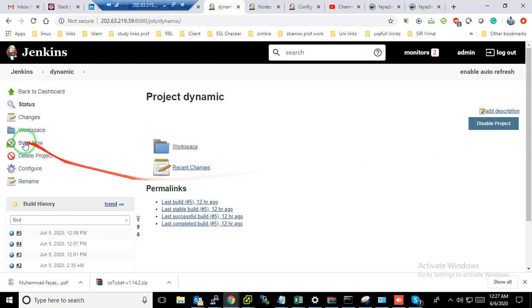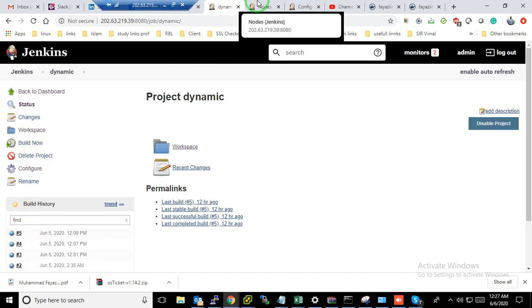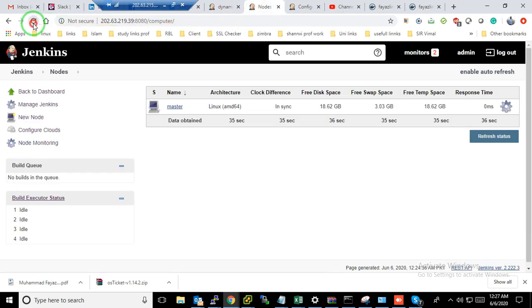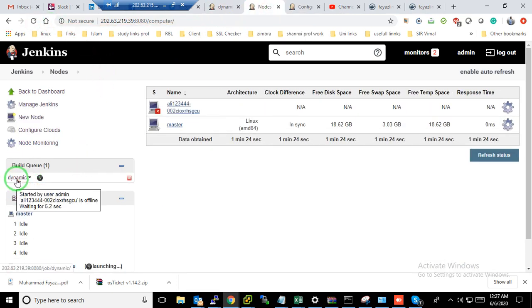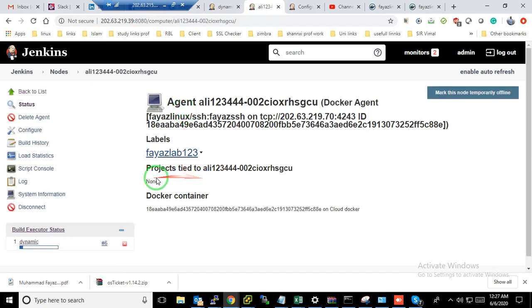Now I am going to build here. It's now building, I believe. Let me refresh it. You can see the dynamic node is created, launching. It's automatically created. Let's check it: yes, the node was created automatically.